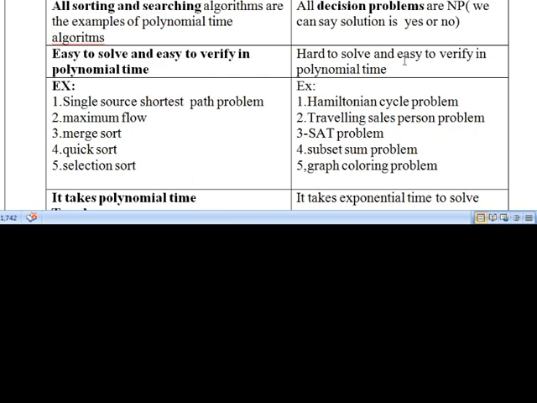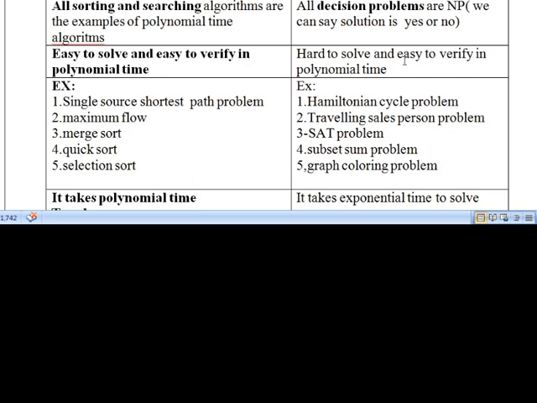But the verification is easy for the pseudocode problem also. Suppose 5 cells are there in the row or column or cross. I give you 5 numbers and ask you to verify whether the sum of these 5 numbers is the given sum or not. That is very easy. If I add all the given 5 numbers and get the sum, I can say the given numbers for the pseudocode problem are correct. The answer is correct. This is called verification. Solving is different.